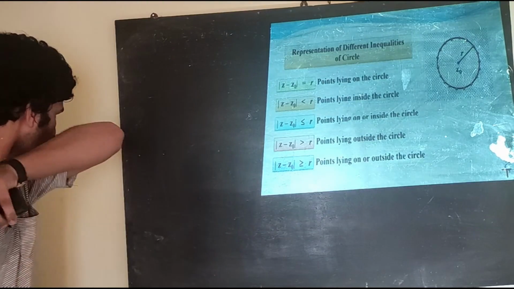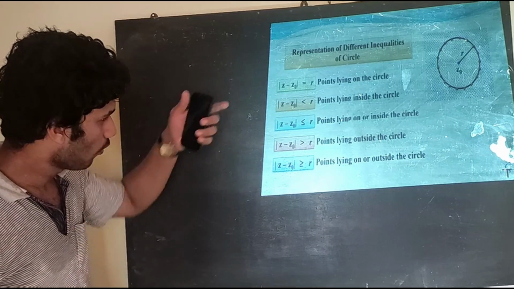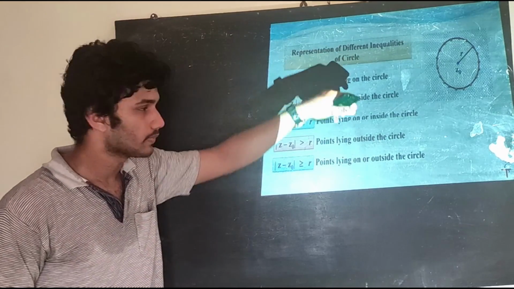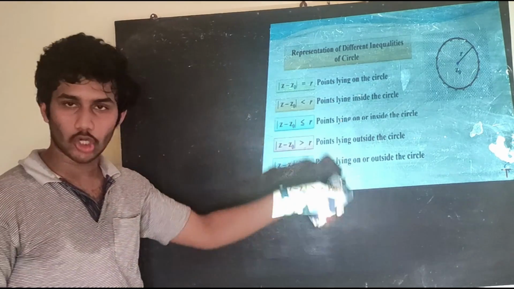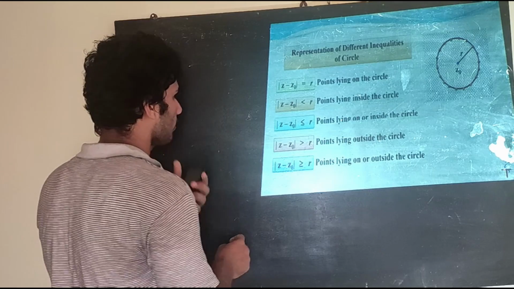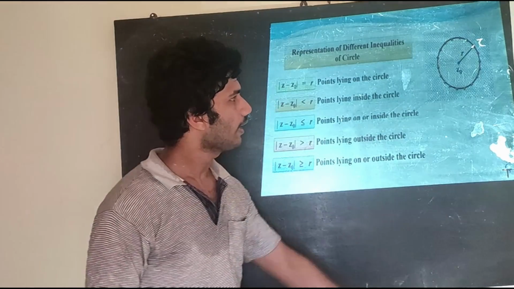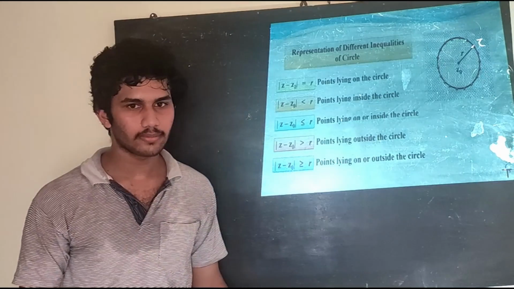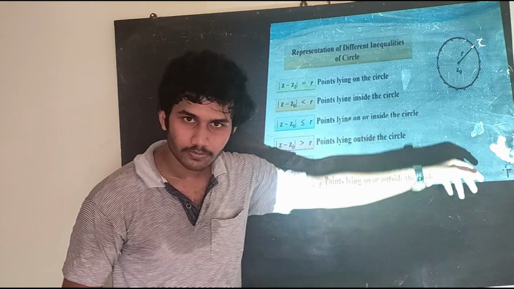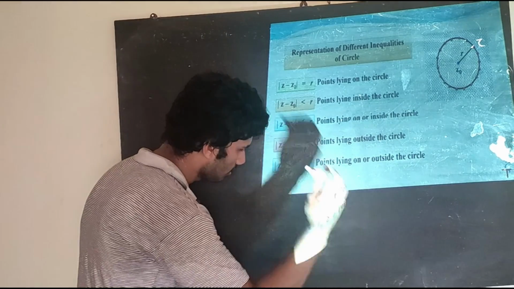Now, the same thing, the distance concept. If the modulus of z minus z naught is equal to r, that means the distance is constant. Then the locus of all points. Now, don't confuse with locus. If this is my z, and all those red points are my z, satisfying the same condition.